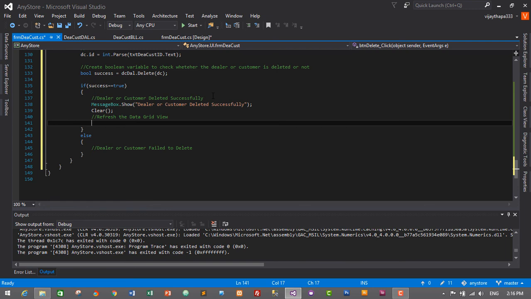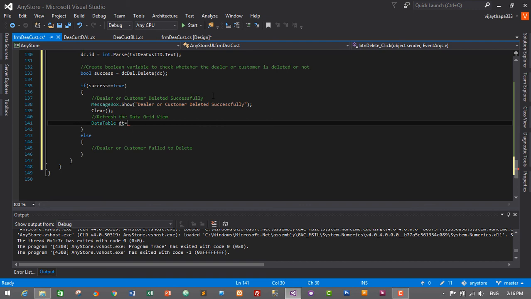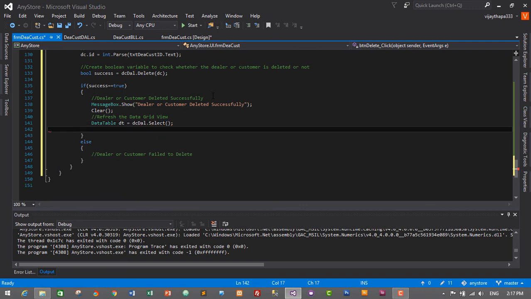So DataTable dt equals dcdal.Select and then dgv.DataSource is equal to dt. So that's it, this will refresh the data grid view,